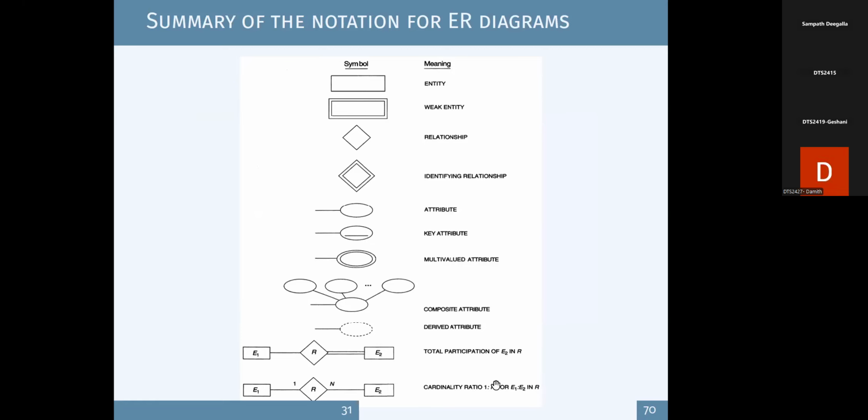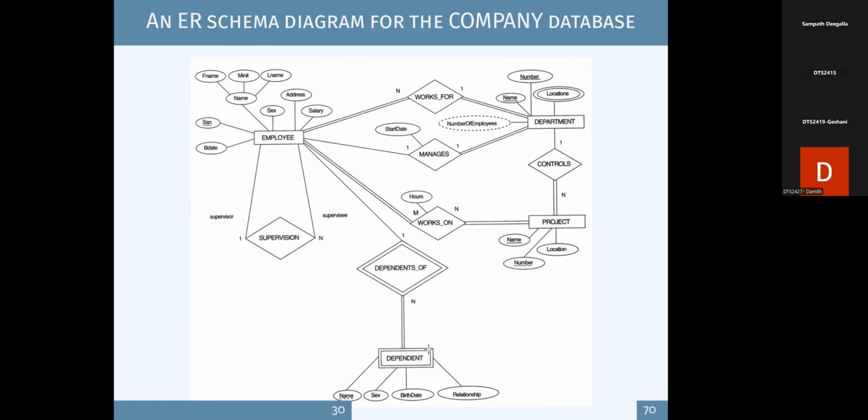Right. Finally, total participation and partial participation. What I want to emphasize here is we can identify the types of relation, whether it's one-to-one, one-to-many, or many-to-many. So that means the maximum participation. Now, for example, if you take an employee manages the department, take one employee, manages one department. Take a department managed by one employee. Similarly here, if you take one employee, works for one department, a department can have many employees, right? That is what we call the